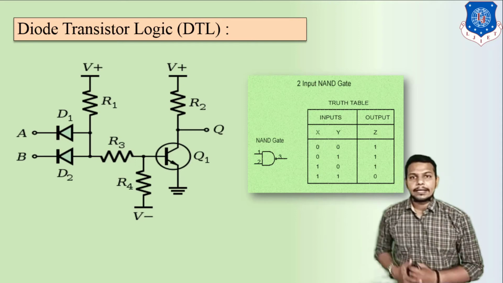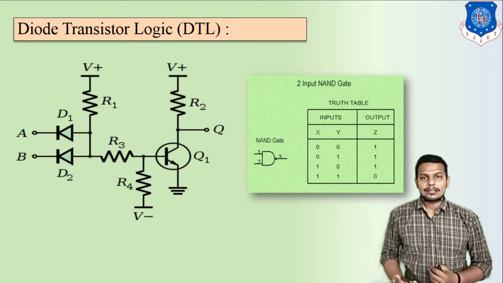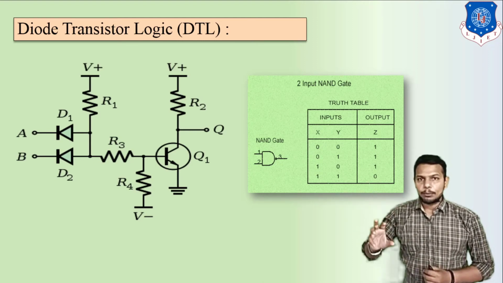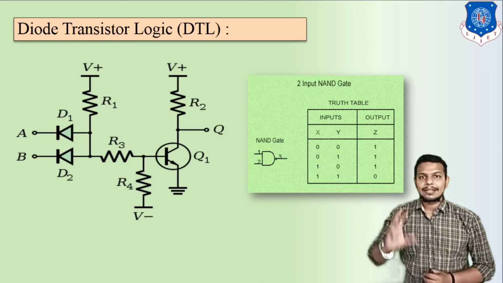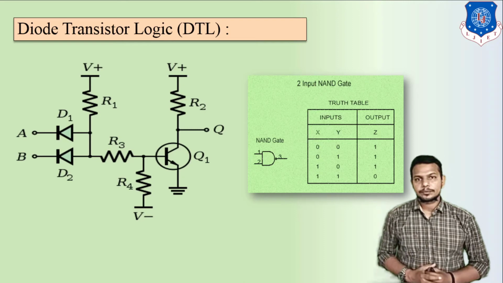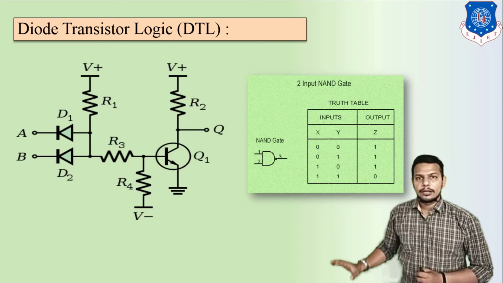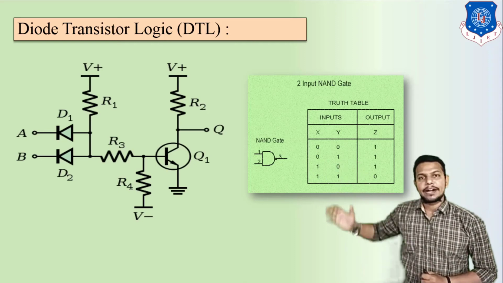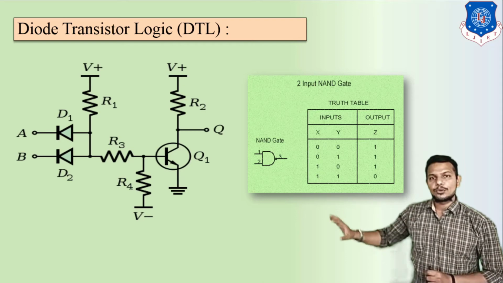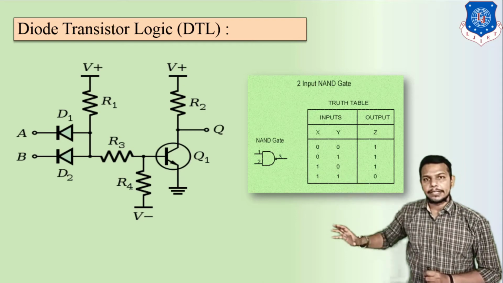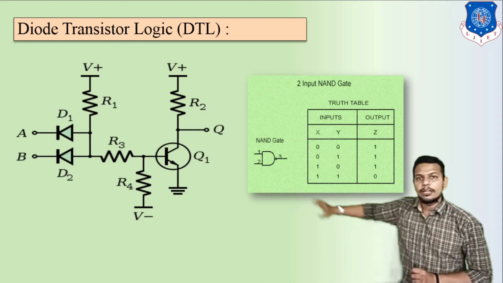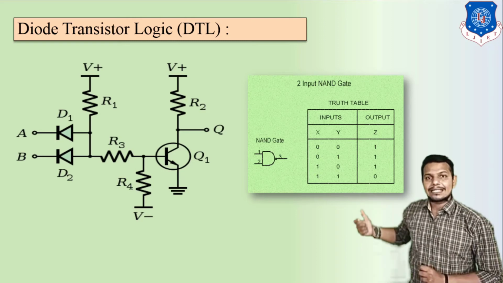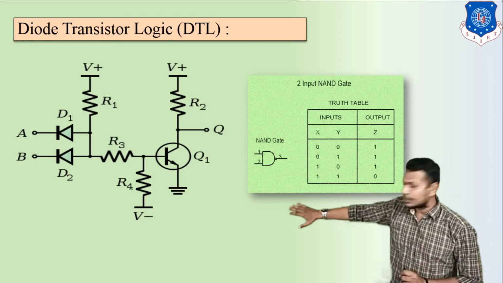So here is the NAND gate. We already discussed the NAND gate in lecture number 1. If the input is 0 0, 0 1, or 1 0, then your output will be 1, and for 1 1, at this time your output will be 0. So this is the truth table of the NAND gate. That's why we are using these few possibilities at the input side, and we will get this type of output. Now let us discuss how it gives us this output.